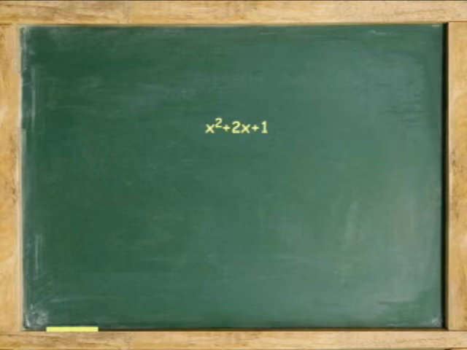Now, to factor a perfect trinomial square, set up two binomials in parentheses. If the middle term is addition, both binomials are additions. If the middle term is subtraction, both binomials are subtraction. Find the square root of the first term and third term. Place the square root of the first square to start each parenthesis, and the square root of the second square